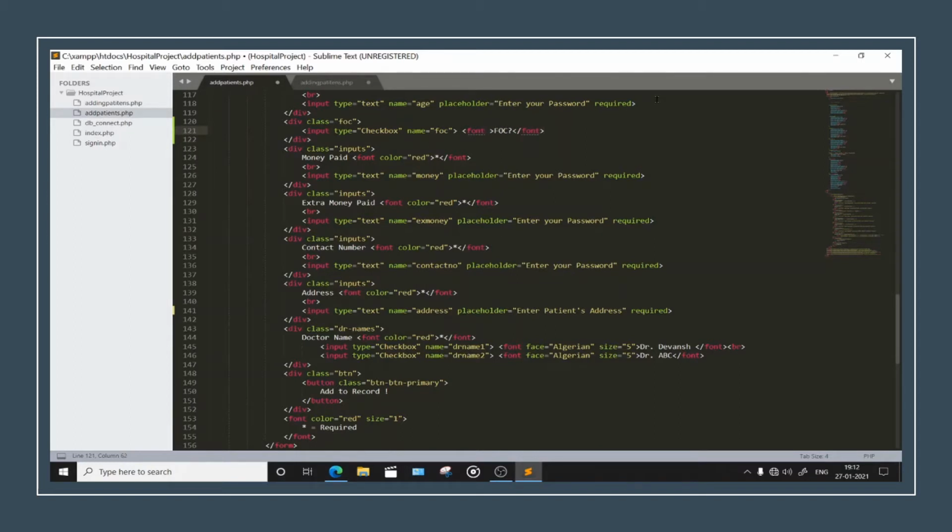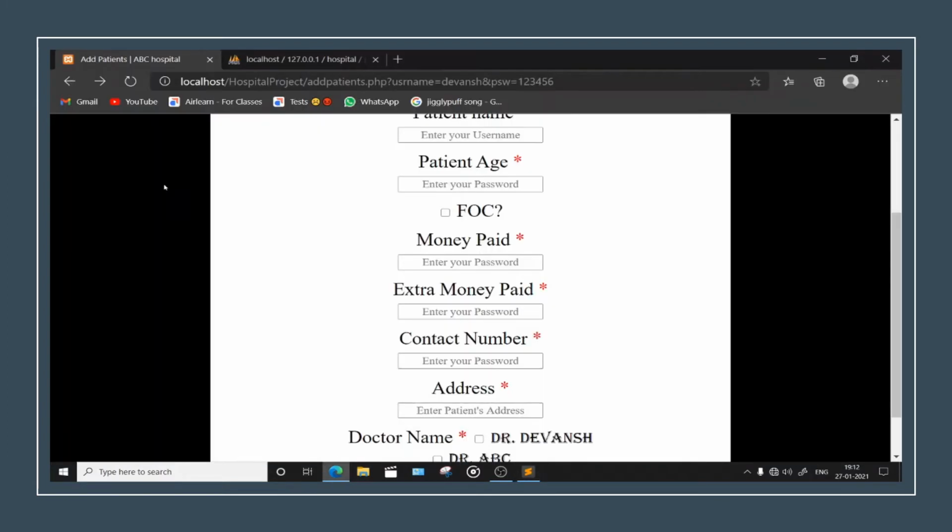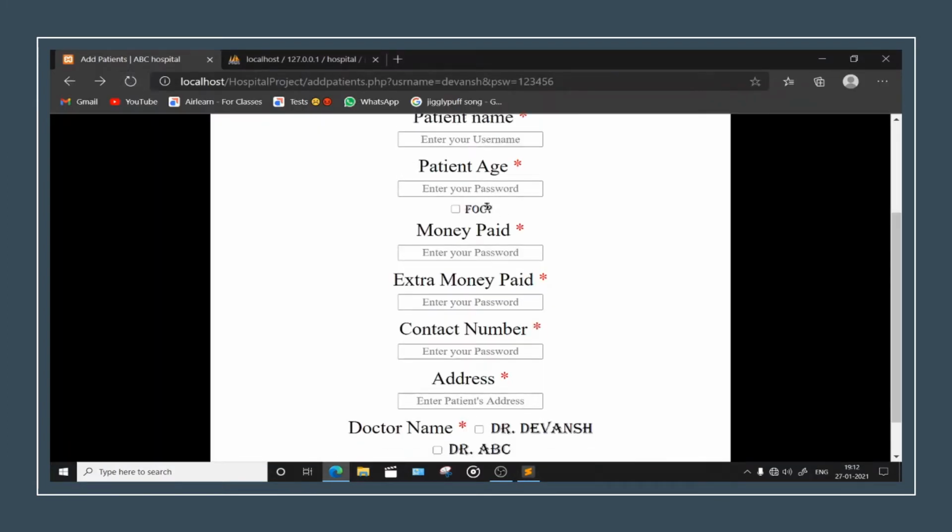So font size should be around 4. Perfect. Then color should be black. Okay, but we don't need this color. And face. These are all attributes of this HTML, right? So let's see, let me show how it is looking.